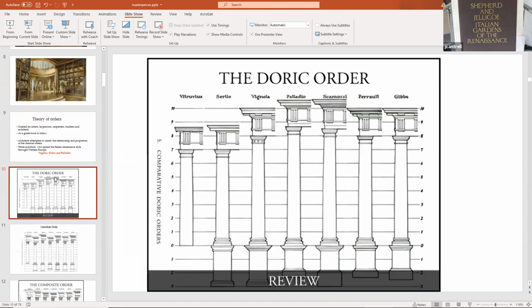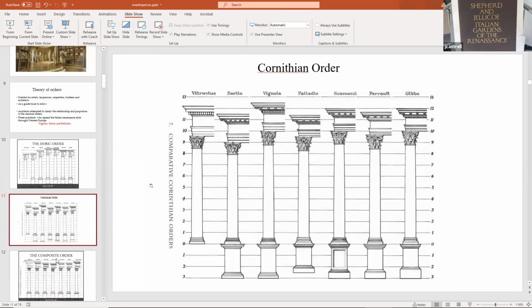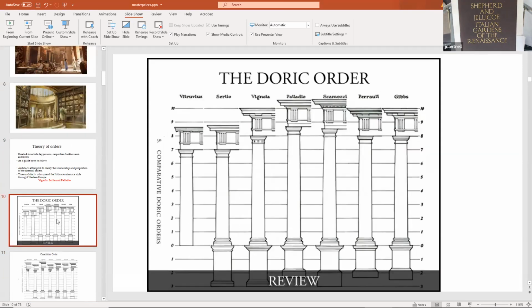We look at the charts, we've seen this before, the classical orders: the Doric, Corinthian, Ionic, and Composite. What you're looking at here is a relationship of each architect's interpretation of the orders. We've seen Vitruvius's orders, of course, written about, discussed, and drawn in each one of their books they published. Serlio, we'll talk about Serlio, Vignola, Palladio. The other ones we're not going to look at yet. We're just going to focus on the first four. We could spend an entire semester on each one's literature, the writing, the drawing. We're going to focus on these four: Vitruvius, Serlio, Vignola, and Palladio.